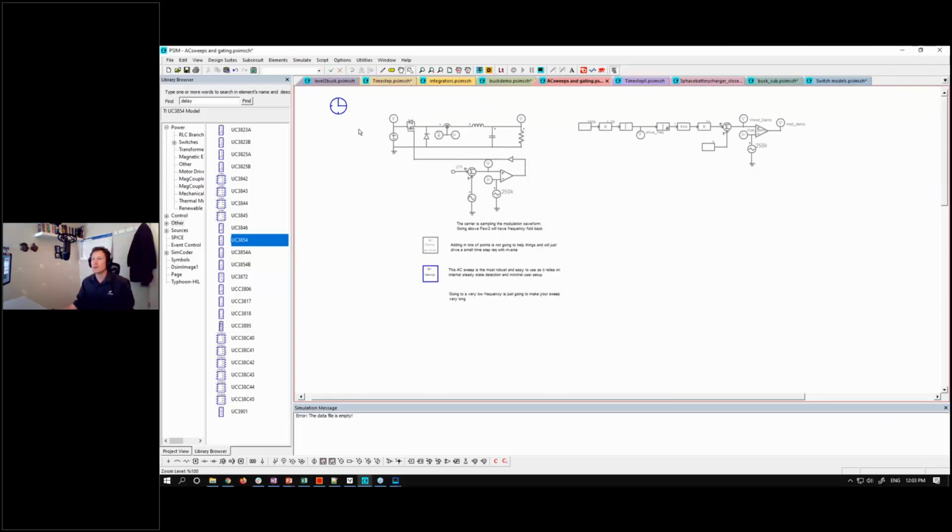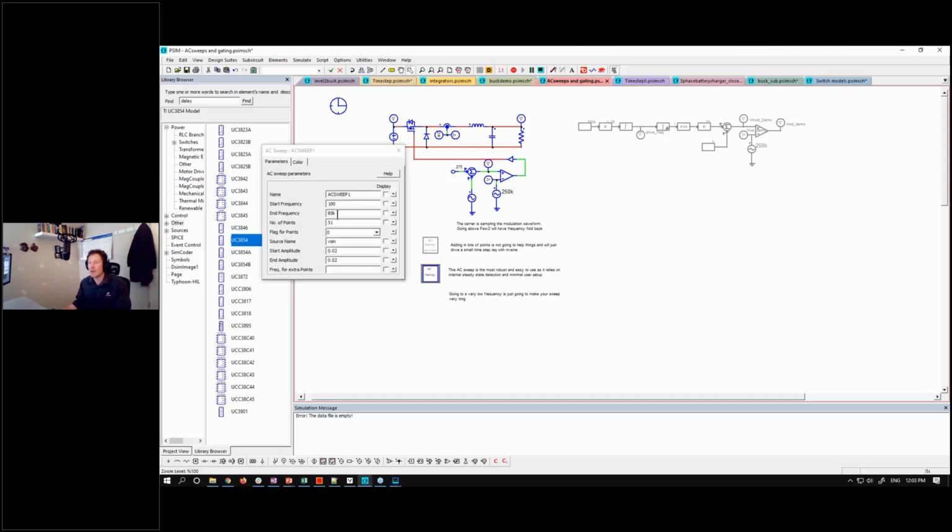That's odd. Oh, it's not enabled. There we go. So when we run this, we're going to be injecting 85 kilohertz, and this one is going to inject them sequentially. So we need to be cognizant that if we try and put a very low frequency in here, it's going to cause a very long simulation time because we need to run that frequency to steady state. So if we're switching at 250 kilohertz and we want to look at like a 1 hertz sweep,